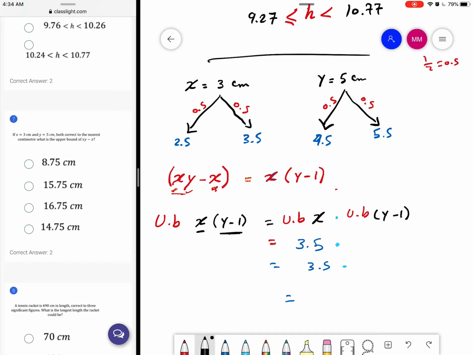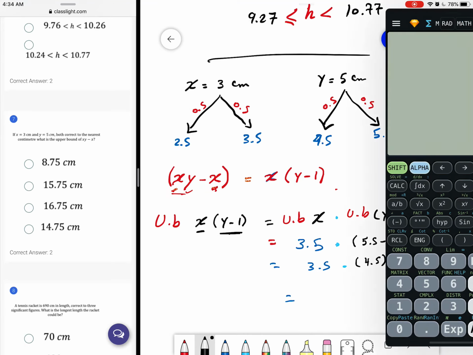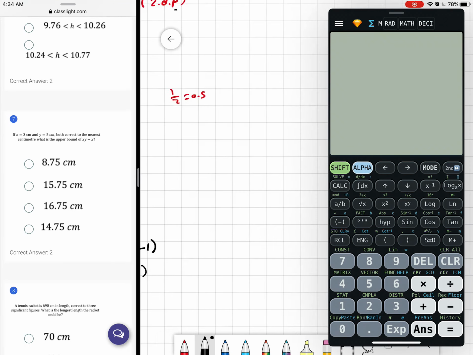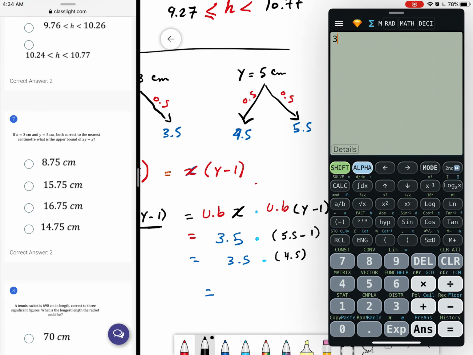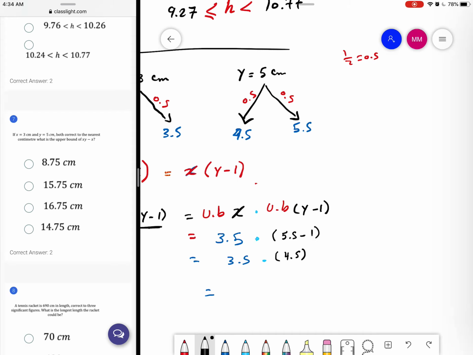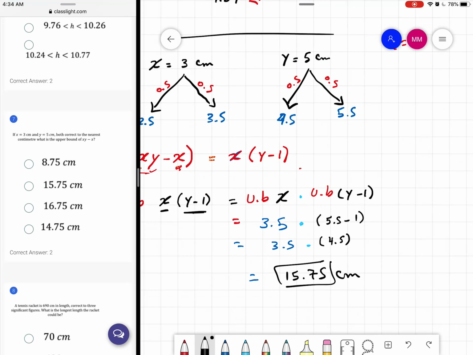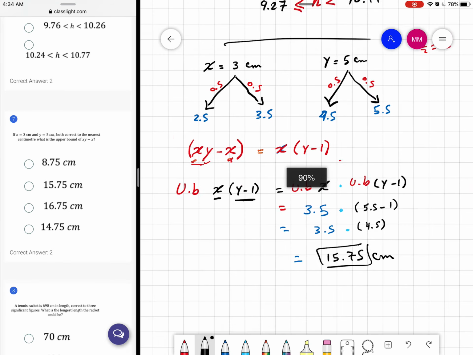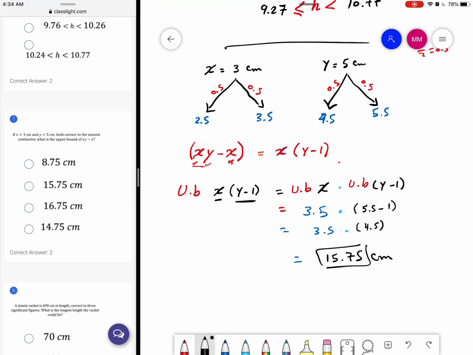So the upper bound of y also will be 5.5 minus 1. So here it will be 5.5 minus 1, which means 4.5. So multiply 3.5 multiplied by 4.5, you will get 15.75 centimeter. So again, don't forget for multiplication, if you need to get the upper bound, it's upper bound multiplied by